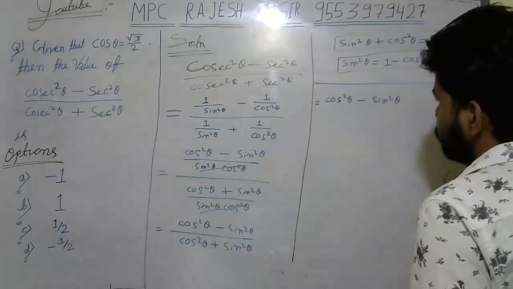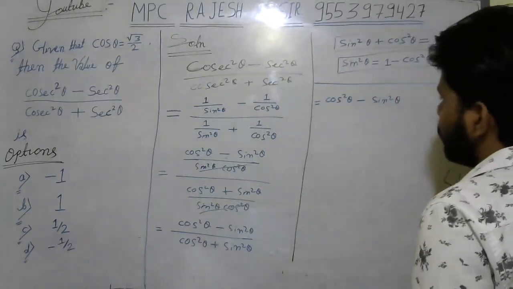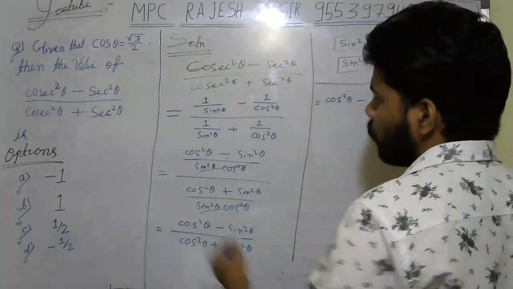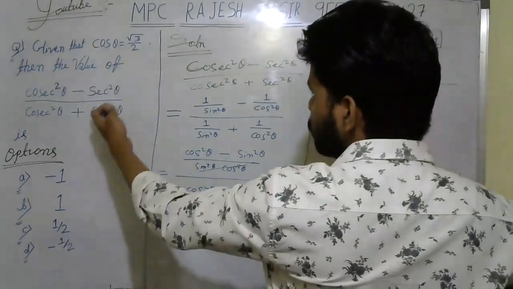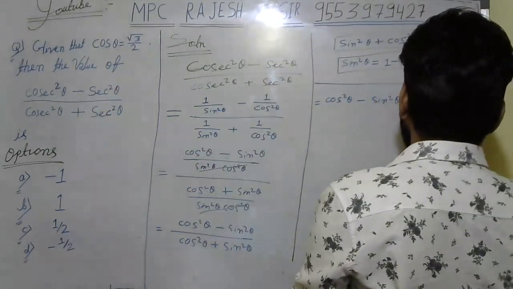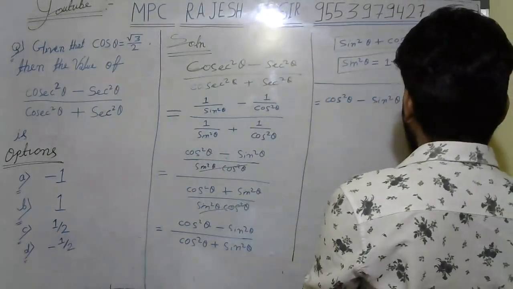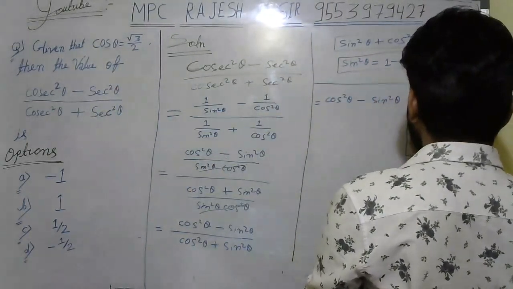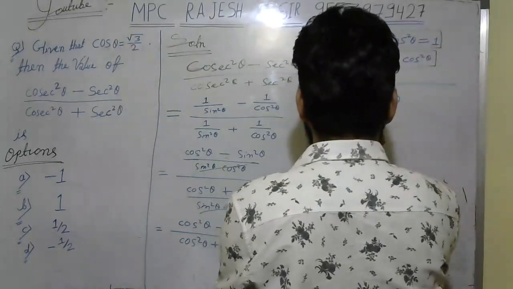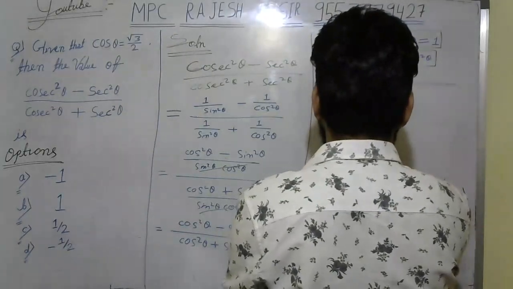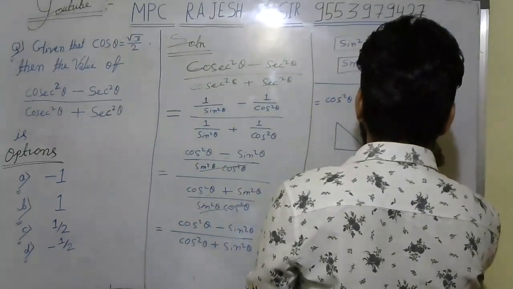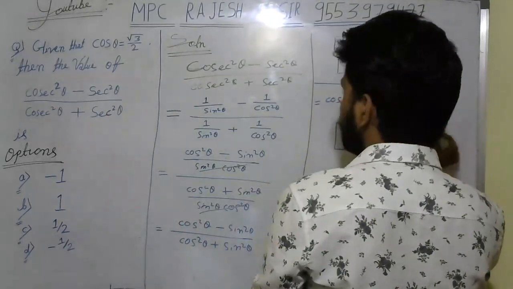Okay, fine. Now you can solve here in two ways. The first simple way: from the question given, cos theta is equal to root 3 by 2. So you can just write here one triangle. We are only going to write it. Just write here one triangle, and in this triangle cos theta is equal to root 3 by 2.